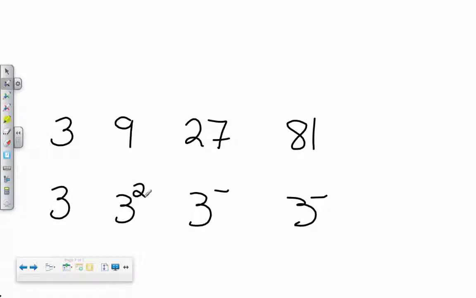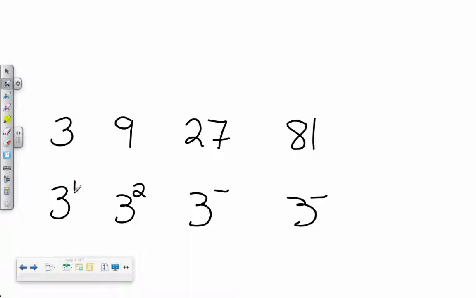So what do you think goes here? And the very first one. Feel free to use page 445 as a help guide, especially at the very top, which is part of your homework this evening. Savannah. 0. Okay, if I go 3 to the 0 power, I'll give you a hint. Anything to the 0 power is 1. So we're going to go up just a little bit. It's between 0 and 2. Savannah, take another shot at it. 1. So already a pattern is starting to establish itself.